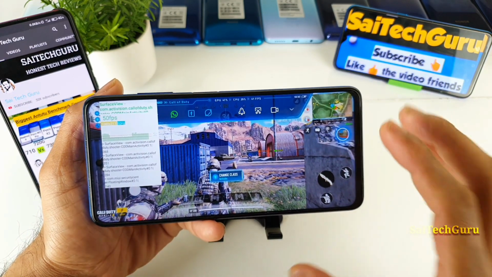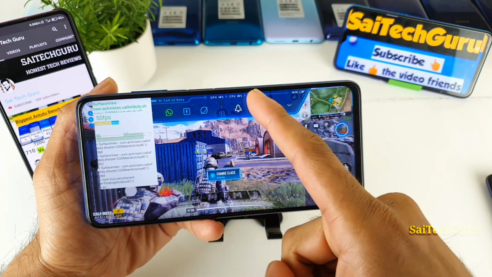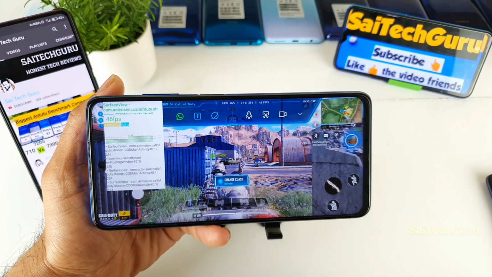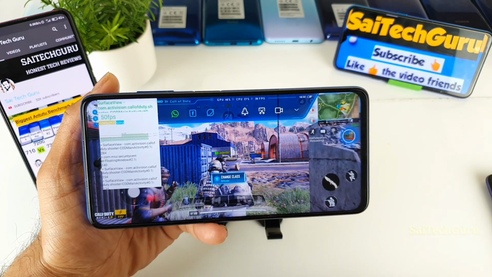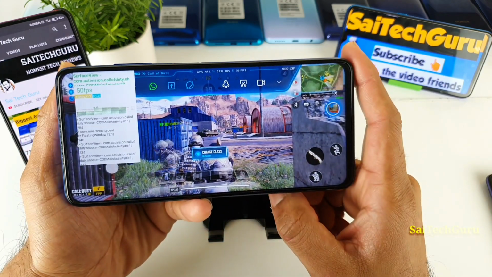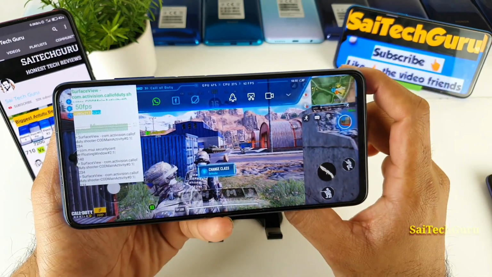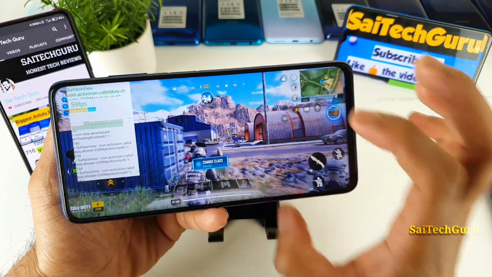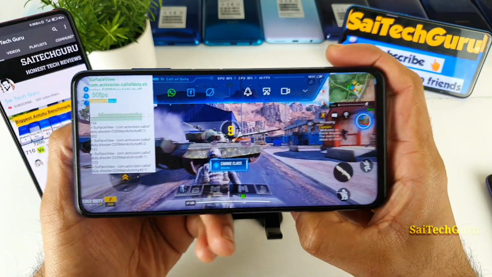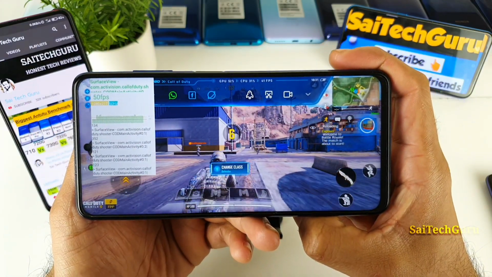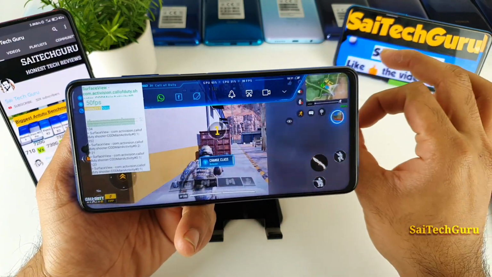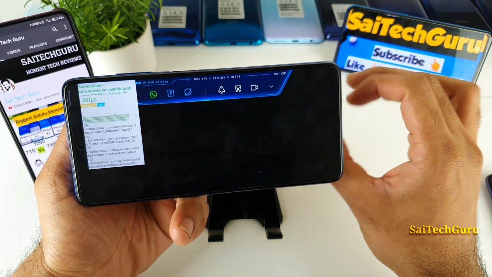As you can see here, friends, it is the quick glance of the FPS count meter. On Game Turbo it's showing 41 FPS, but if you're using the default FPS count meter, it's showing 50 FPS. You can see there is a difference between both here. That's why I enabled the Game Turbo FPS as well on the top. Now let me run and show you the FPS count in real time. One thing I did like, friends, is that the dual stereo speaker setup is very good if you're playing this kind of gaming on the Poco X3 smartphone.